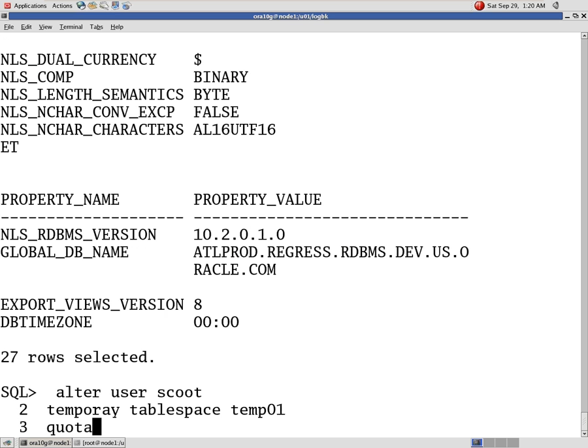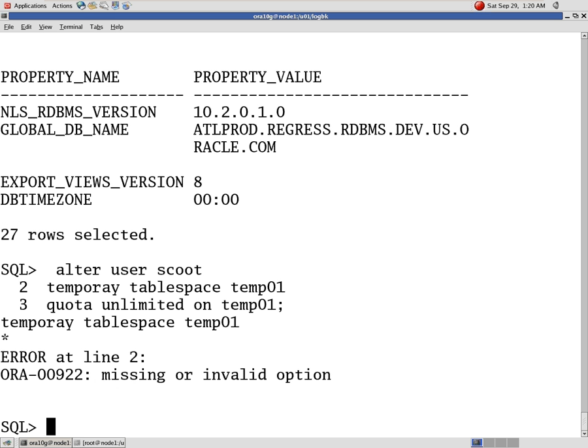I am defining quota unlimited on temporary table space temp01. I am giving unlimited quota on that temporary table space for this user. This is also one solution.